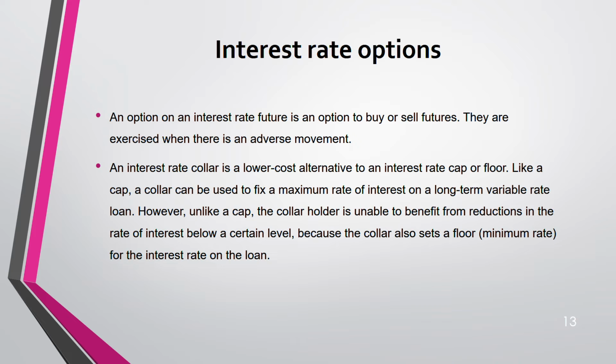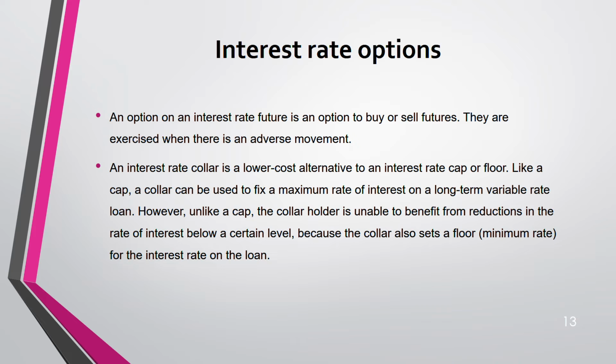Because if you are buying an option, you pay a premium. If you're selling an option, you receive a premium. So buying premium and selling premium nets off against each other, premium falls down, right? That's why, because you're buying one thing, you're selling one thing. So that buying and selling nets off against each other, premium goes down. That's why interest rate collar, we take interest rate collar. How? Let me now explain to you.